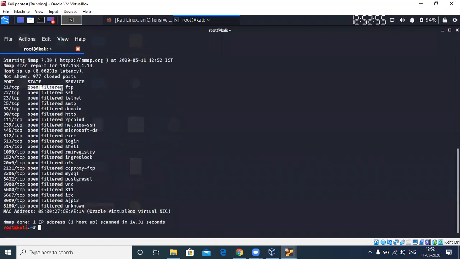Whereas here, you can see that the state is open or filtered, because the packet is being dropped. Whenever you have a firewall, it will obviously block those requests and drop those packets. So there can be a firewall, or the second possibility is that the port has actually dropped those packets. So this is something about the null scan.